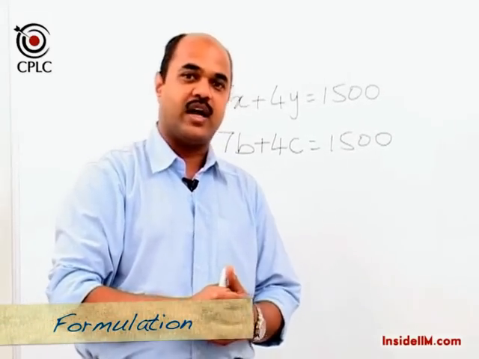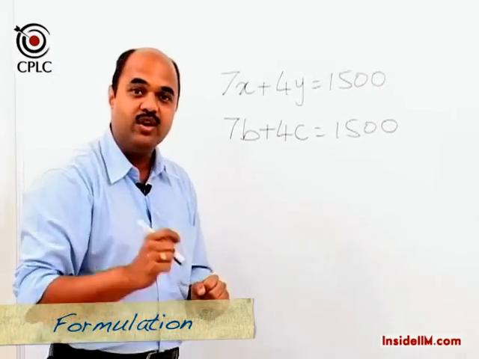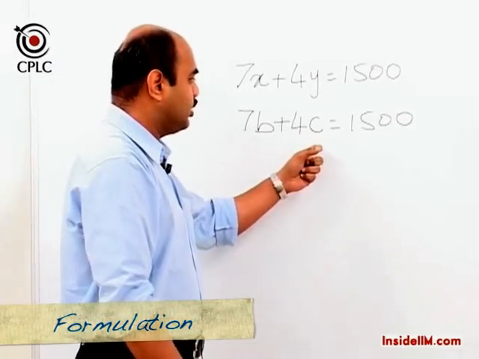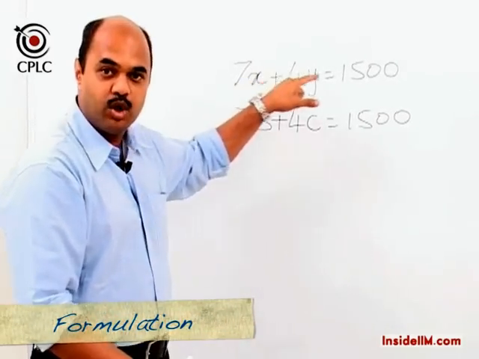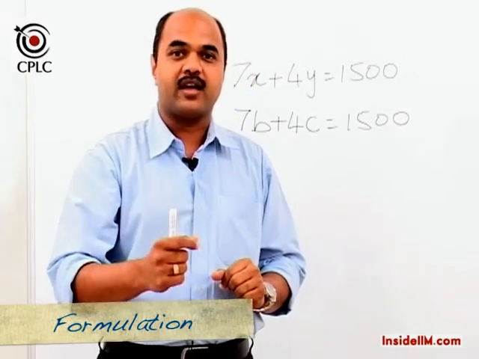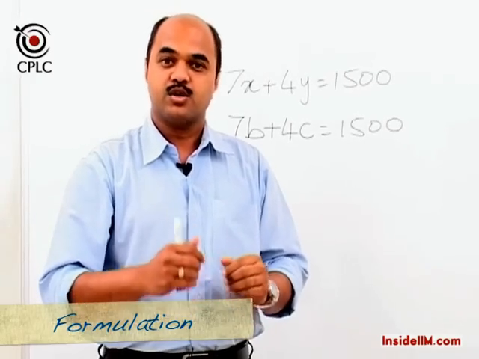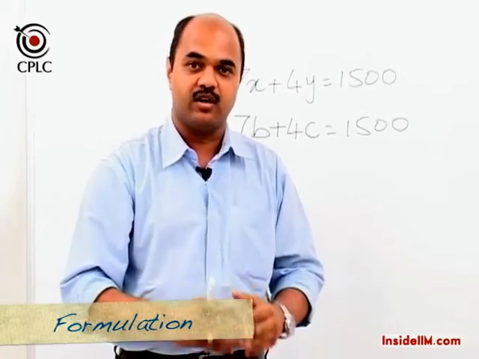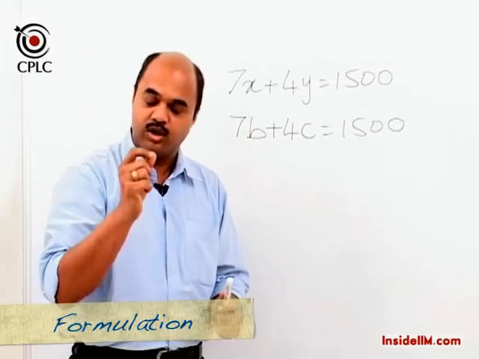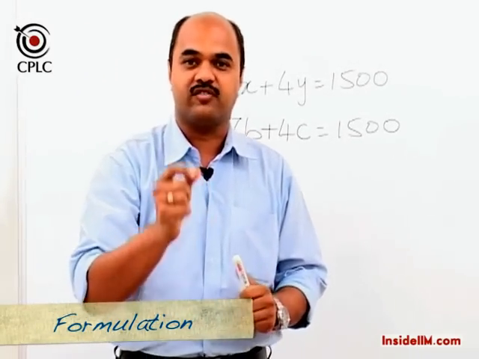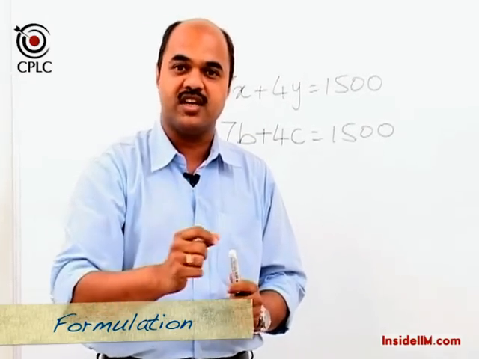Well, the big deal is that in an entrance exam, when we find the value of B, we know that is for a book. When we find the value for C, we know that is for a CD. If I am finding the value of X or Y, I may need to go back and check what I took X as. There is a possibility of an error creeping in here. So if you want to avoid this possibility of an error, the simplest way is to use the first alphabet of the word. For example, for book, we can use B as the variable. For CD, we can use C as the variable.